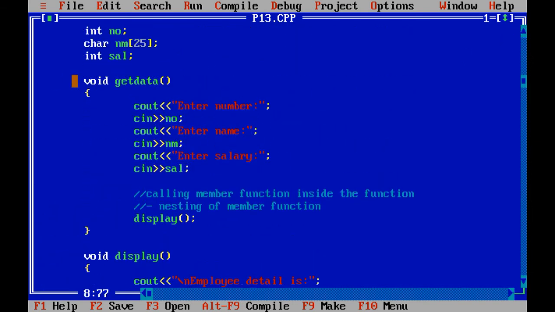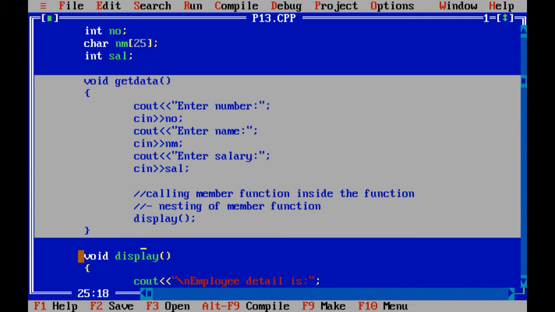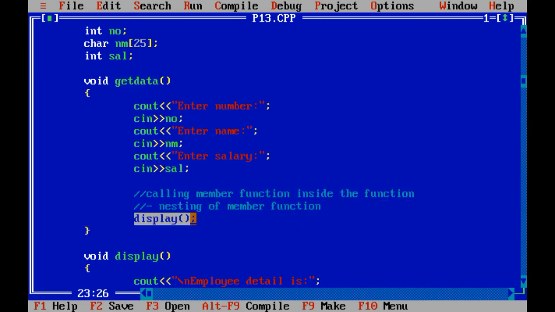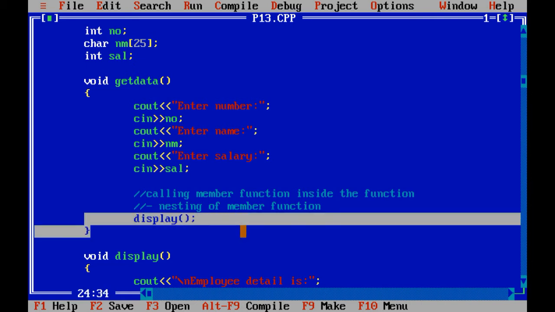That means getData and display, both functions are the property of the employee class, or we can say they are both children of the employee class. So there is no need to develop any object, because it is only a part of that particular class.